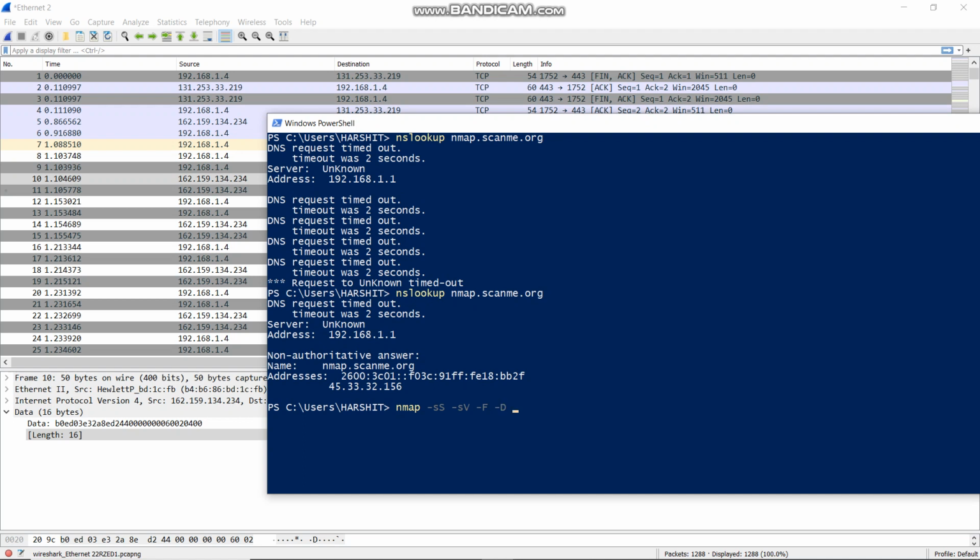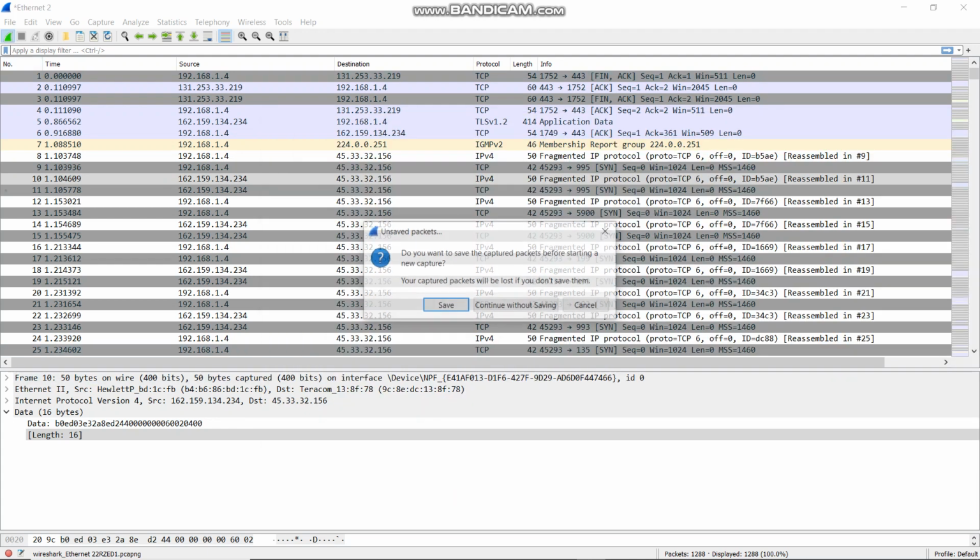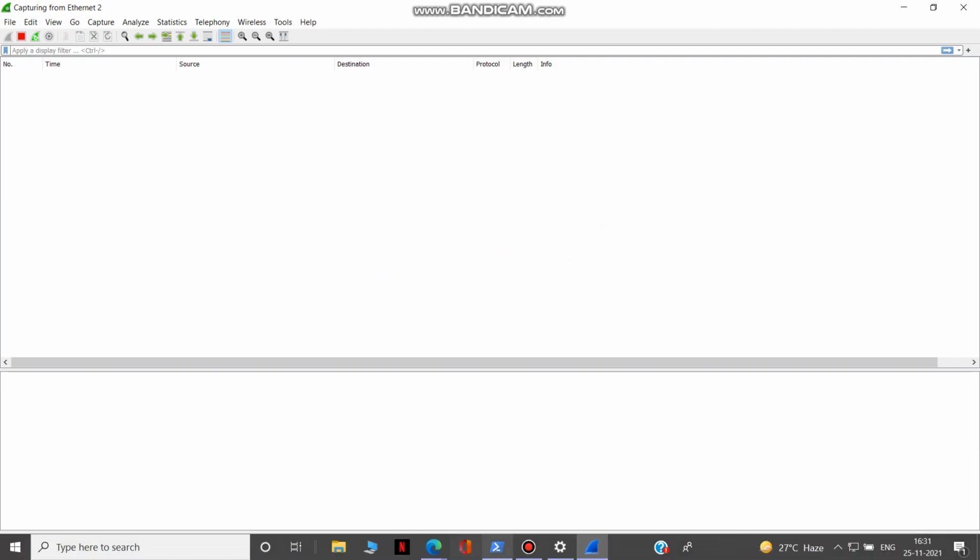D is for decoy and F is for fast scanning. I'm using RND to generate three random IP addresses. Now I will copy and paste this address. Now let's check it.